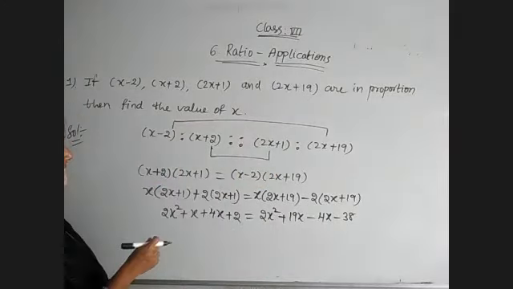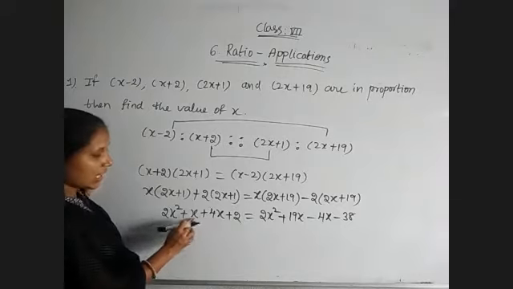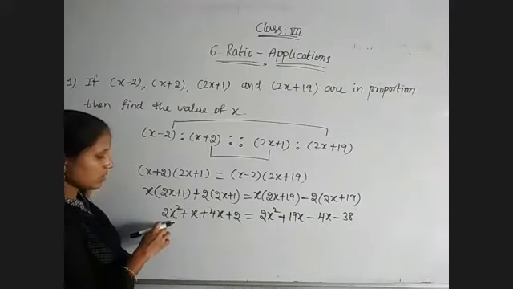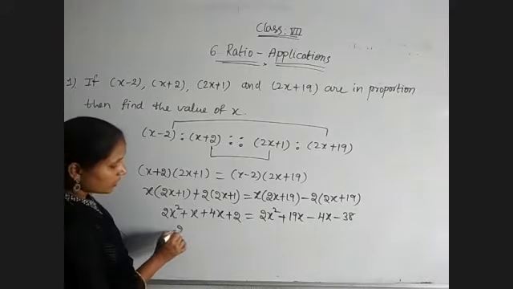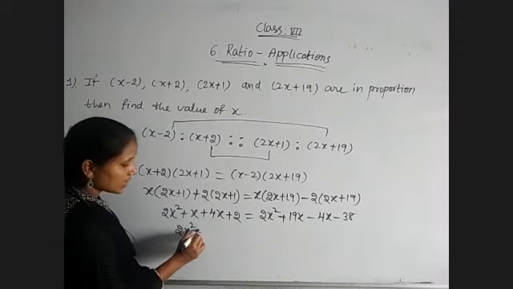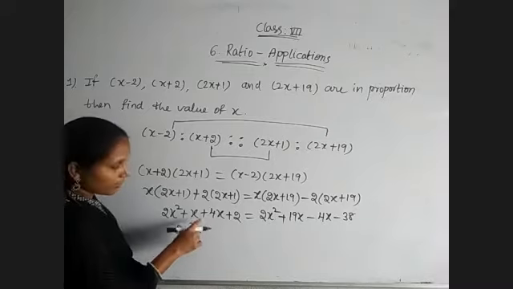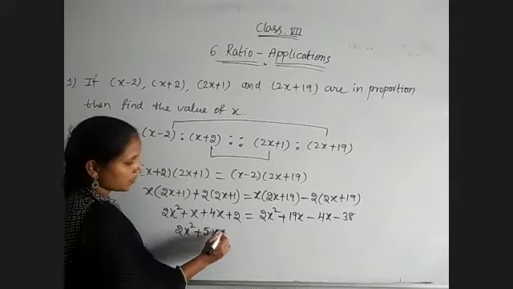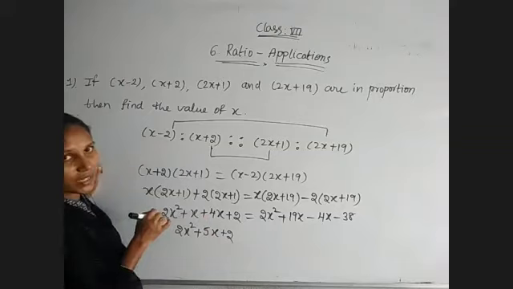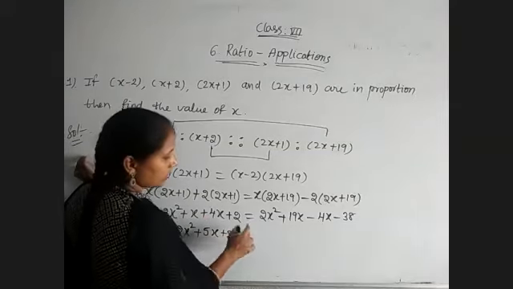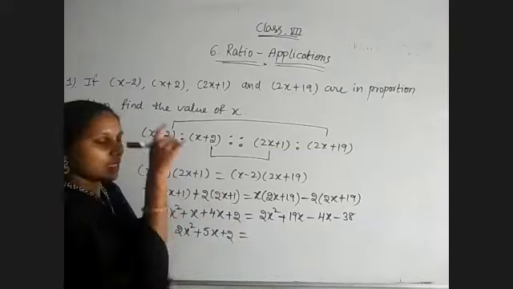Okay. Now first to simplify, these two are like terms. x only, they are getting x square. Okay. So 2x square plus 1x and 4x, totally 5x, plus 2. Both are positive, that's why we are adding. Is equal to, and the constant term also, only one is there.